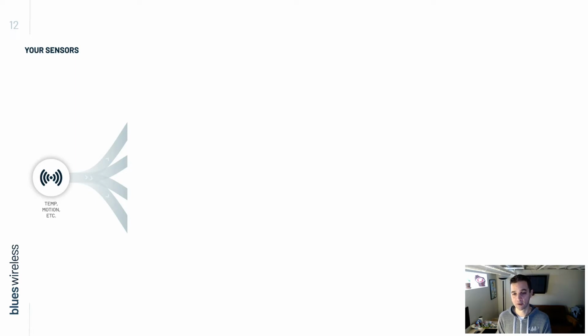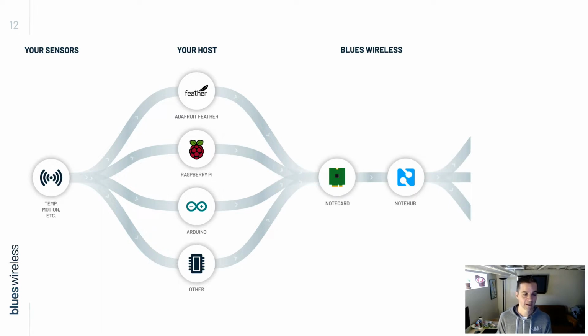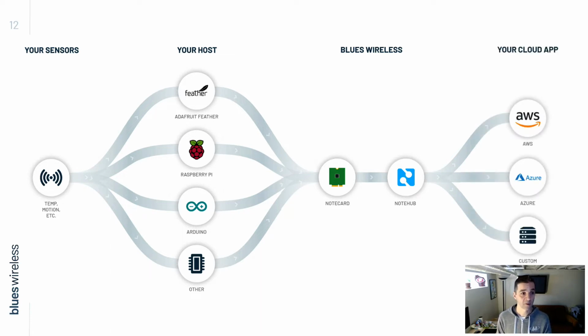So to help visualize at a high level where Blues Wireless fits into your current IoT solution, let's start with our sensors. So you're generating some machine learning inferences, you're acquiring data like temperature, humidity, or pressure, or motion, whatever it may be. This data is likely then being processed by a microcontroller or a single board computer, right? But you need to get that data to your cloud. So you'd then be using the Blues Wireless Notecard to, again, securely deliver data over cellular to our thin cloud service Notehub, which then lets you route that data to your cloud of choice.